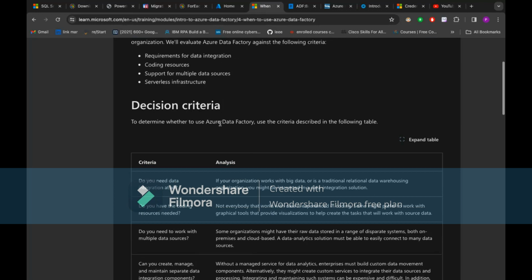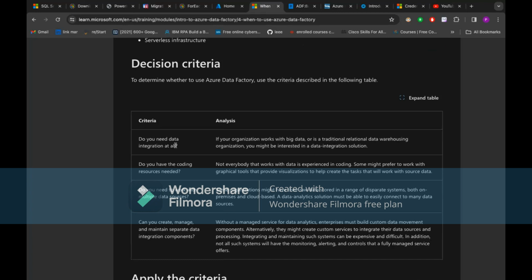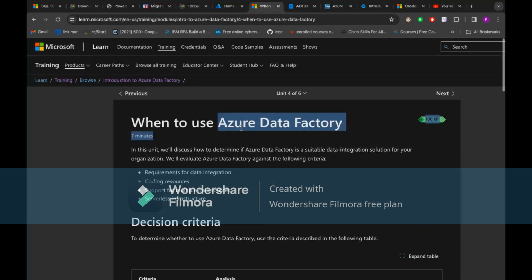It can be like, why do you need this data integration? If you need a particular project where you need to do integration of activities and link the services, definitely you will be going for data factory. They will be giving scenarios, and for a particular scenario, you have to decide whether to go for data factory or for